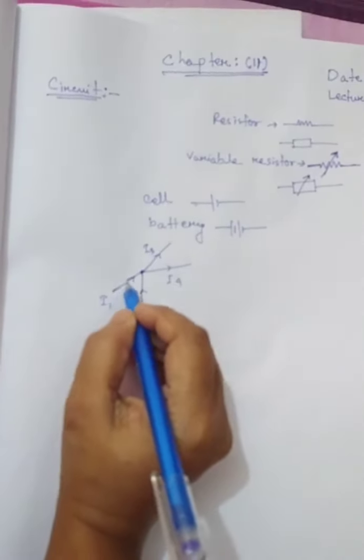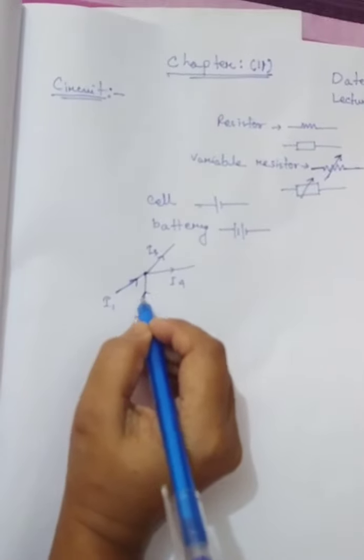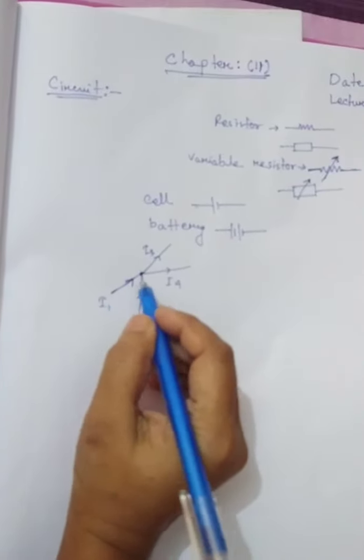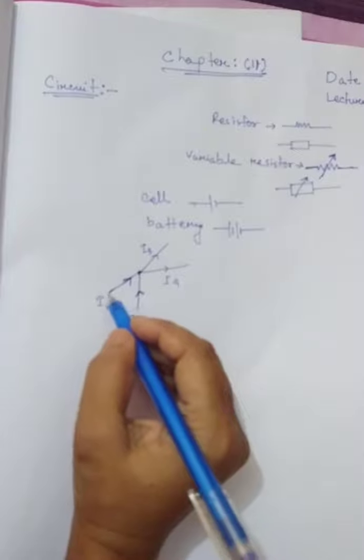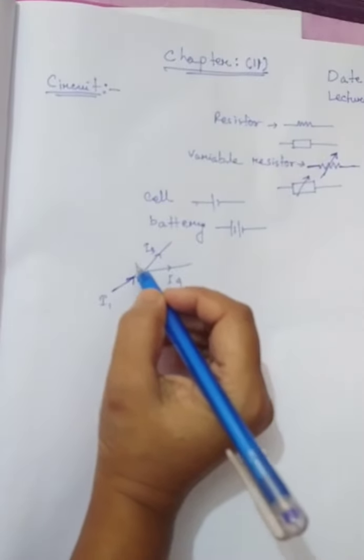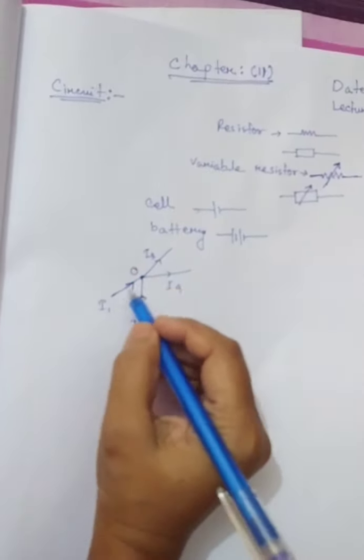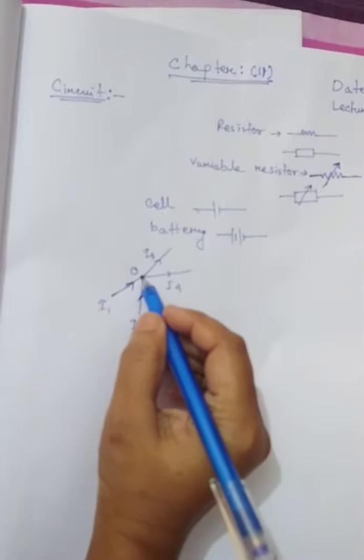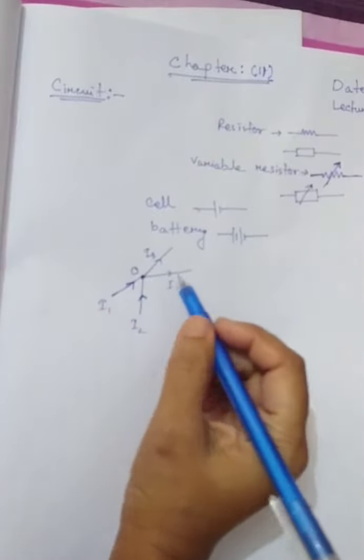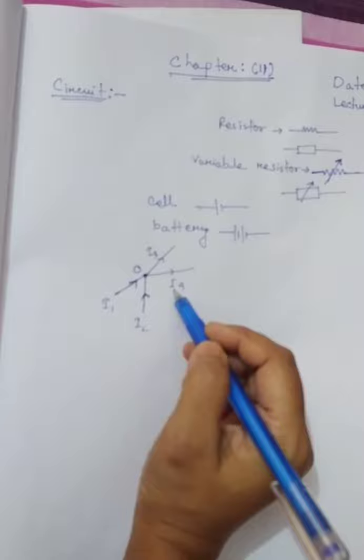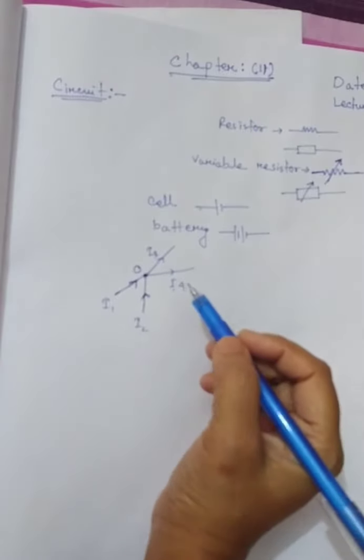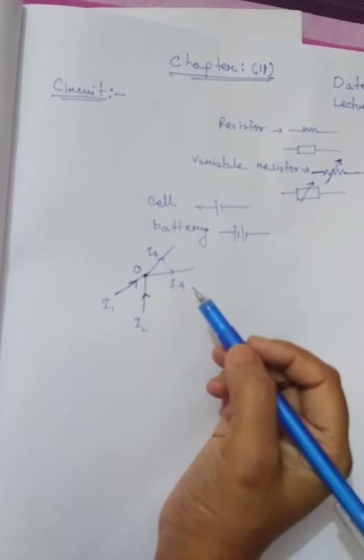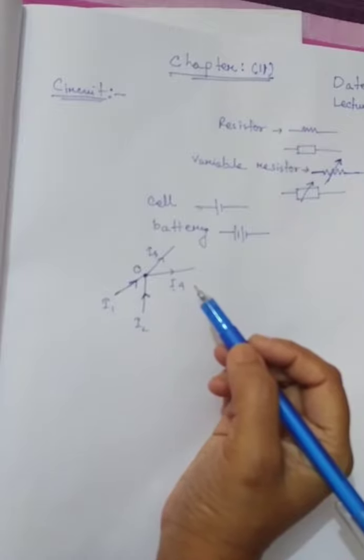Here the tick mark or arrow mark is just indicating that I1 and I2 are entering. For example, this is point O. I1 and I2 currents are entering into the point O, and I3 and I4 currents are leaving the point O. So according to the last point that I have mentioned, that point B, the amount of current that enters at any